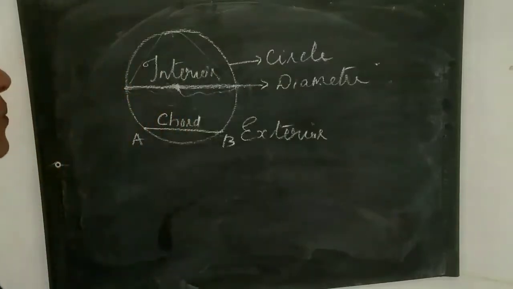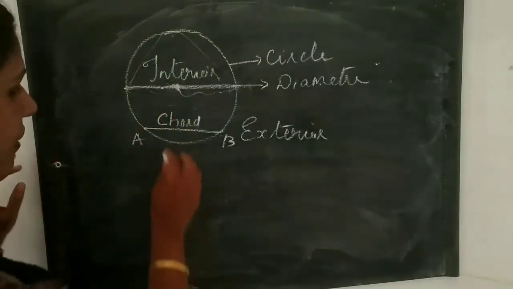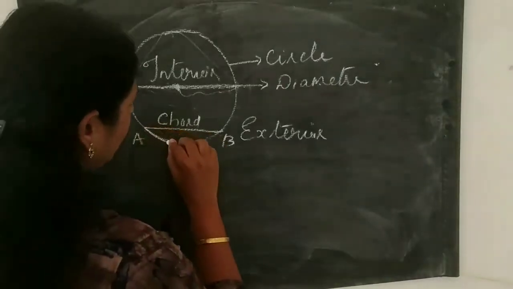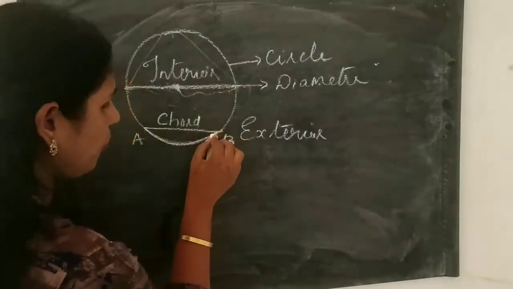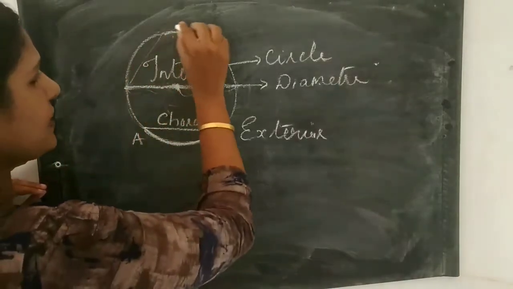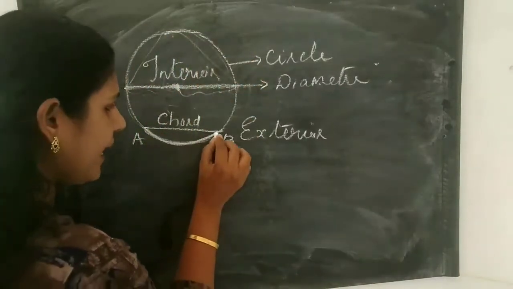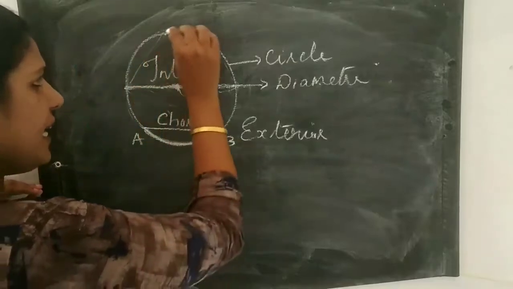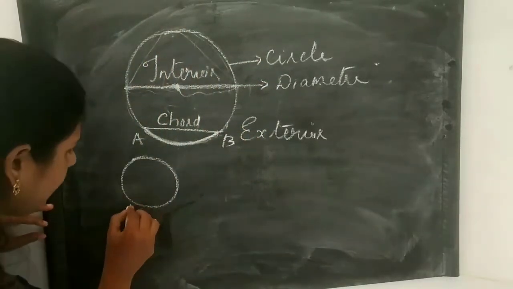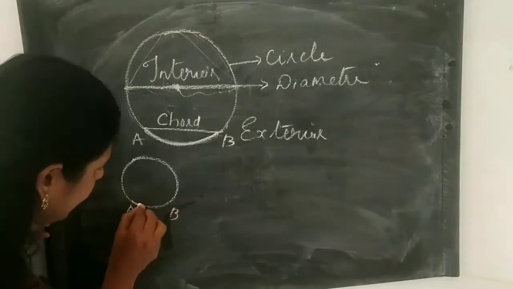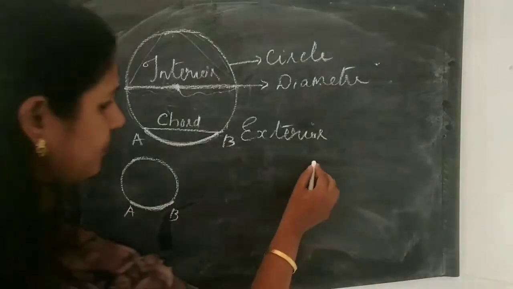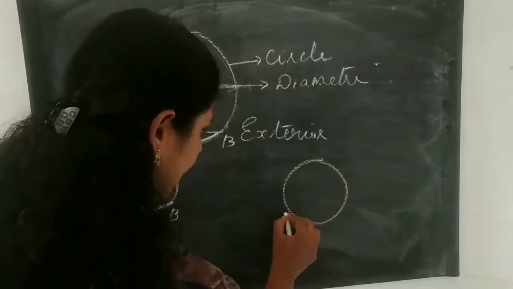Okay. Now from this we can split this circle by the chord. These 2 points split the circle into 2 pieces. Here we get a smaller piece. Here we get a larger piece. See children, here I draw. This is A, this is B. Here we get a smaller piece, and here the larger, the same figure.